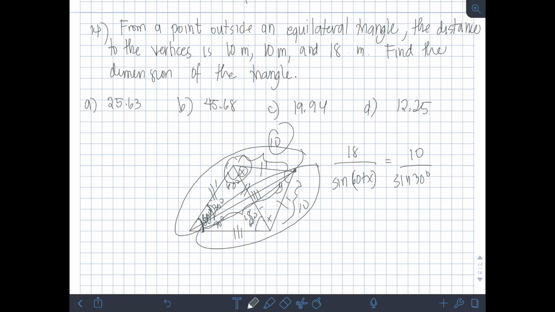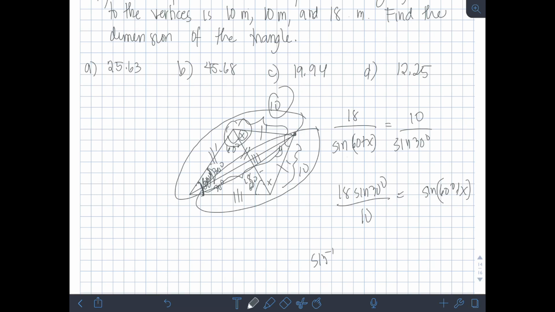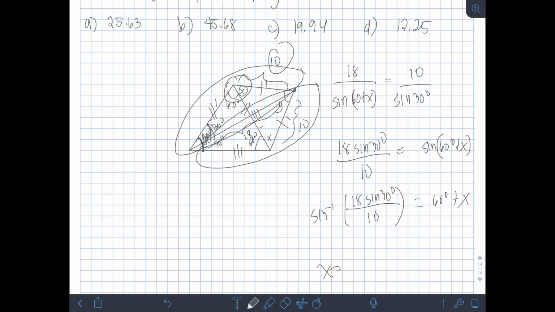So, solving for x, we have 18 sine 30 degree over 10 is equal to sine of (60 degree plus x). Therefore, arc sine of 18 sine 30 degree over 10 is equal to 60 degree plus x. So, x is equal to, transpose mo lang to, magiging minus 60. Okay? So, siya na si x. Okay? So, using calculator, masasolve natin yung angle x as